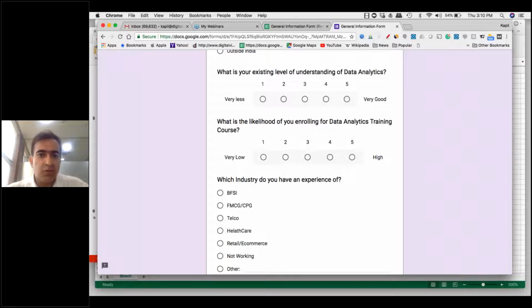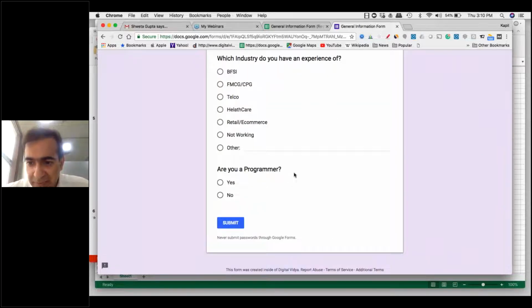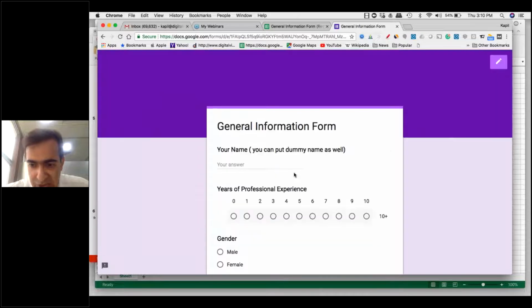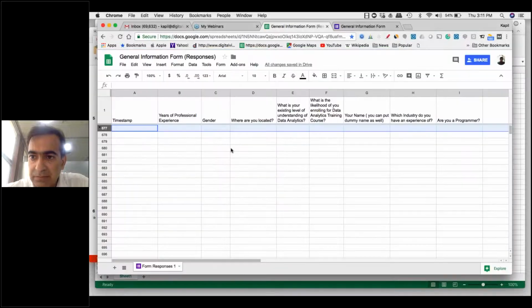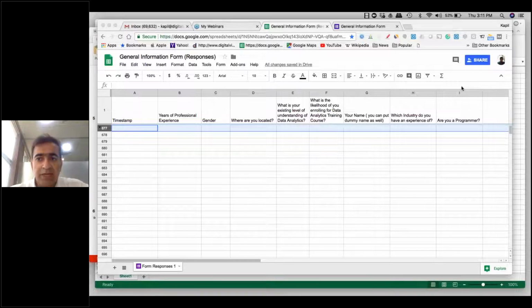And then once I have all the data, we'll work together on it. So here is the link. I'm just posting that link in the chat section. It should be available on your screen now. All of you should go to this link. This form will open up, provide the details. And once I have input from all of you, we'll move to the next stage. So I'll just take 30 minutes till the time you are providing the details. The more data points we can get, the better the analysis would be.